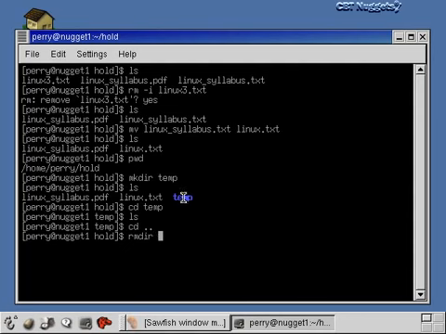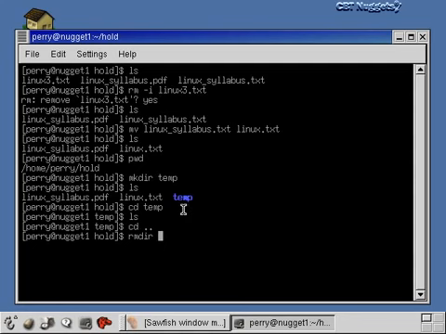If the directory has something in it, you will not be able to remove it. You'll have to remove all the files inside of it first, and then remove the directory itself. And that's just kind of a precaution. You don't want to remove some directory accidentally and then, all of a sudden, you've deleted all these important files. So that way it makes sure that you've deleted all the files first, then you're allowed to remove the